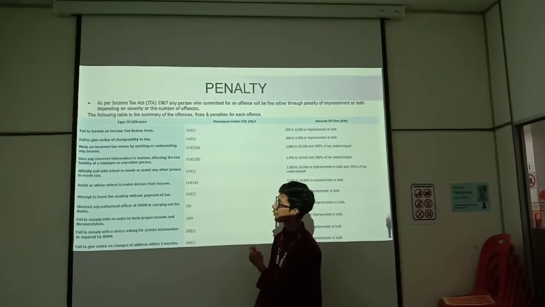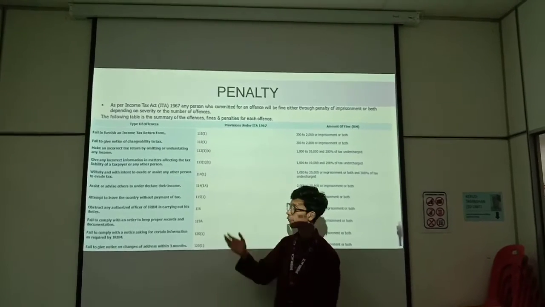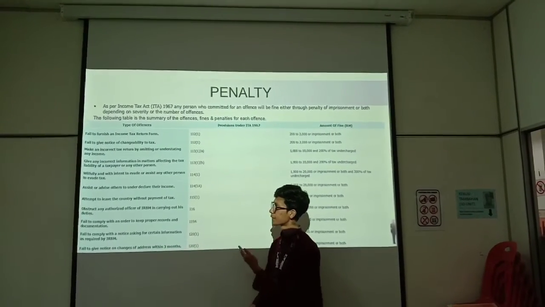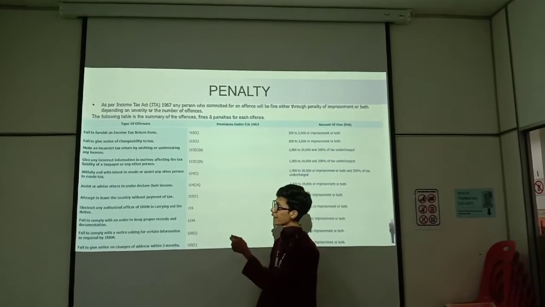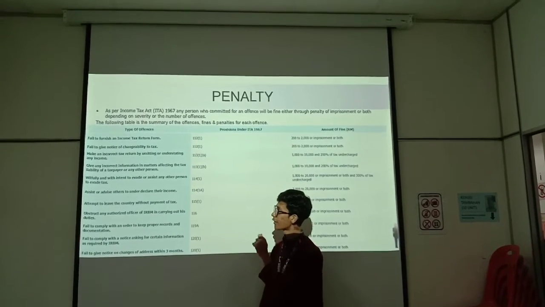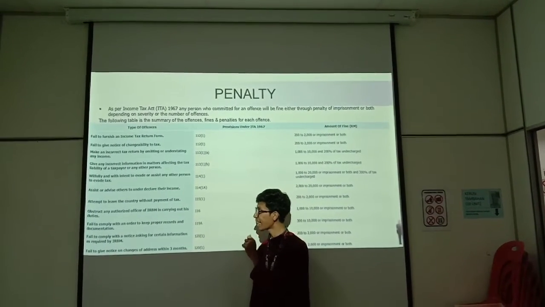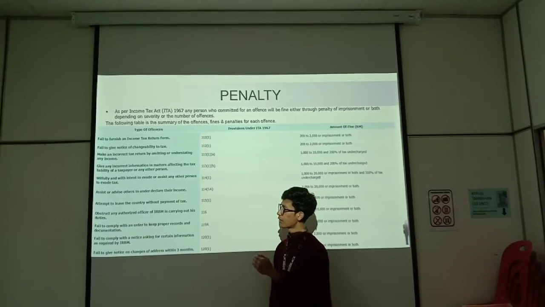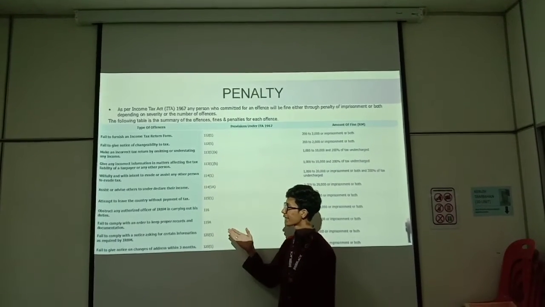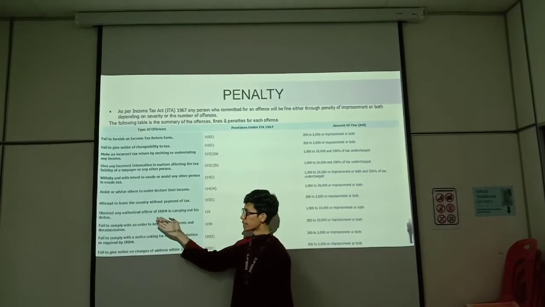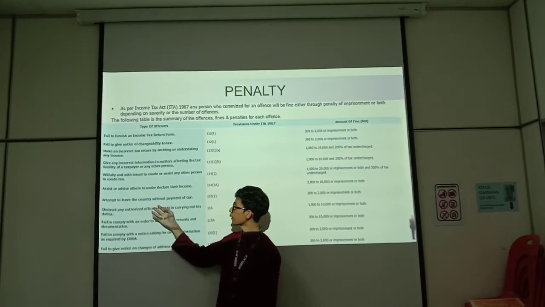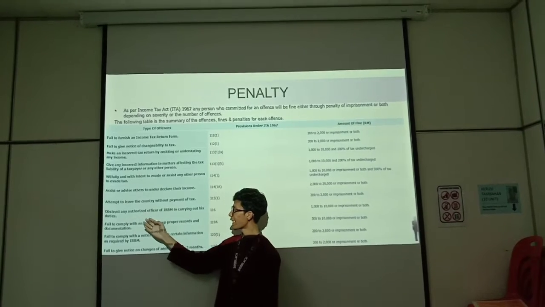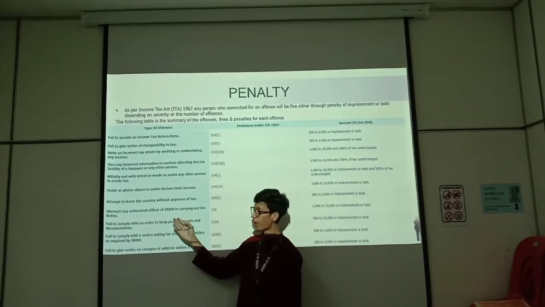Next, give incorrect information in matters affecting the tax liability of a taxpayer or any other person. Next, willfully and with intent to evade or assist any other person to evade tax. And then, assist or advise others to not declare their income, then attempt to leave the country without payment of tax, and next obstruct any authorized officer of